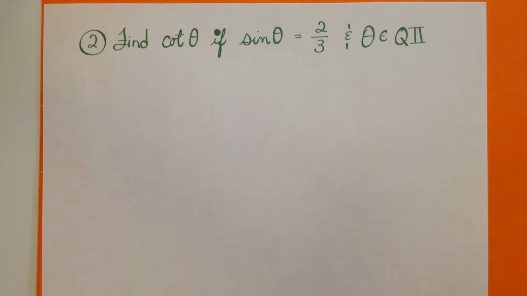This time we're asked to find cotangent if sine is equal to 2/3. Now, you do not have one that directly has cotangent and sine both in it. So a couple different things that you could do here, because like I said, there's more than one way you could go here. If you wanted to,